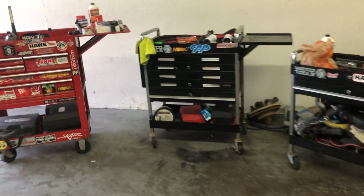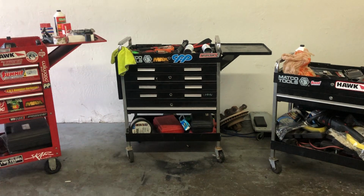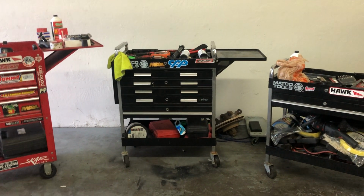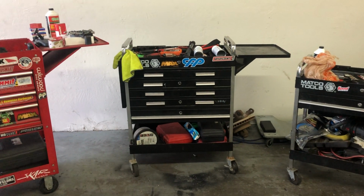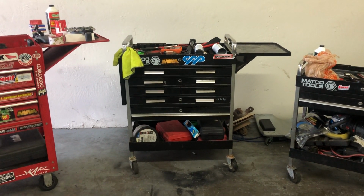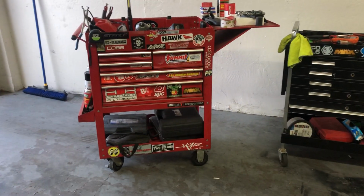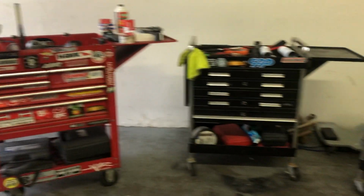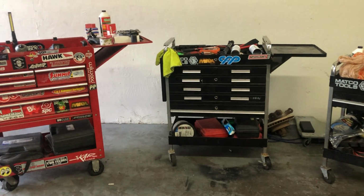And let me give you the reason for that. The shop I'm working out of is pretty small, and once you have a couple of cars in here, it's pretty tight, especially if you're working on big jobs and you've got a transmission out or something like that. So it can get hectic and messy in here, so I really like this cart. It's got 4 casters on it. You can swivel it around any way you want. You can also add those casters to that cart and kind of do the same thing, but the size difference in the Matco cart, I didn't think it was going to be much, but